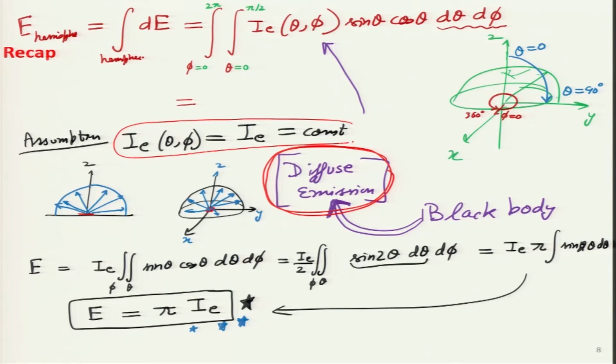So, in this particular case, why are we able to assume I is constant? Because in nature it appears that there are a lot of diffuse emitters, and of course, black body is that particular assumption which allows us to make this diffuse emitter case, and all the emissions in all directions theta and phi are diffuse. So, I comes out of that particular integral. Because it is a constant as per our assumption, all we have are the two angles over here, and this we can easily integrate, and we get a very simple and nice equation that capital E is simply the solid angle pi steradian multiplied by I_E.